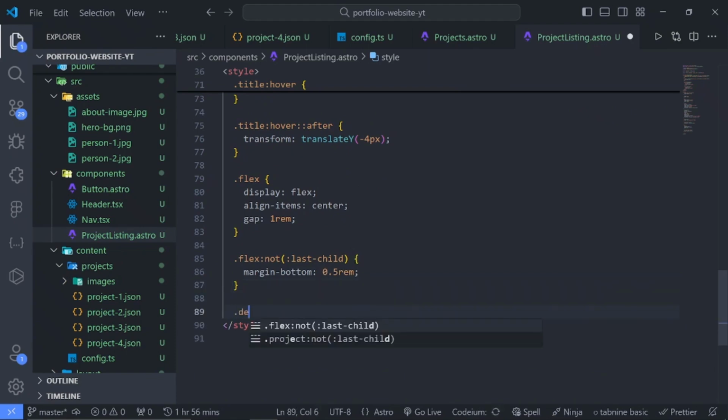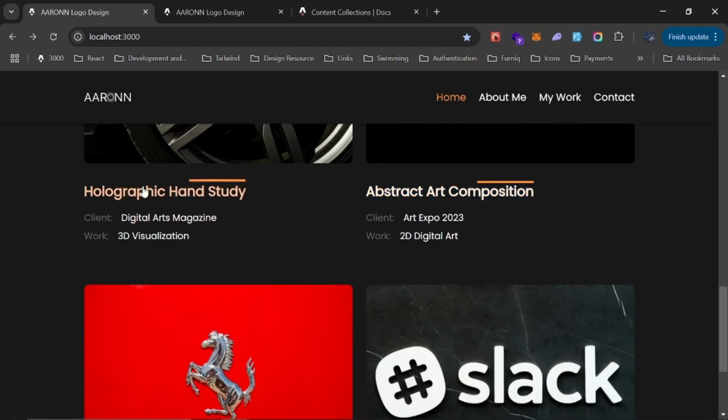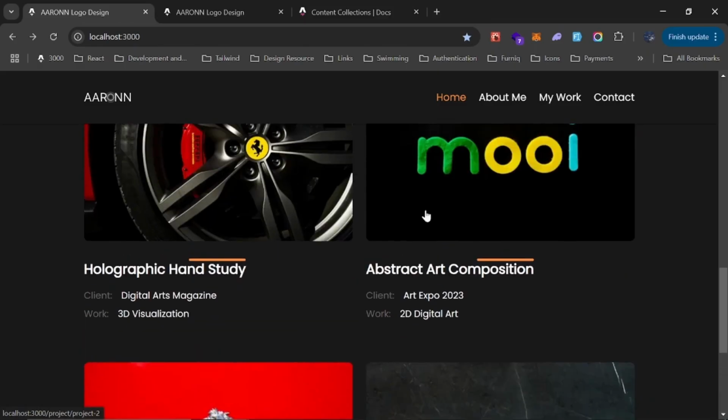And also we want to change the color of the p tag, so this will be the secondary color 300. All right, cool. So we need to create the dynamic page for each of these projects, and to do that